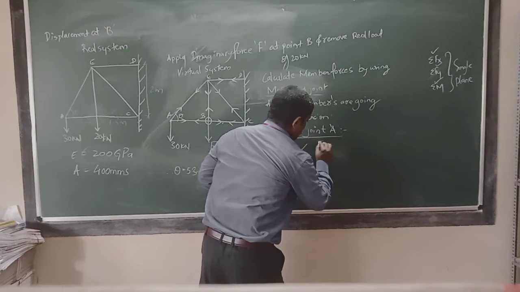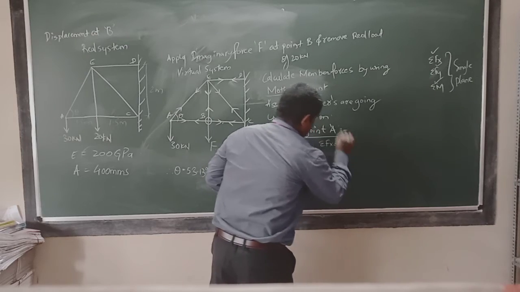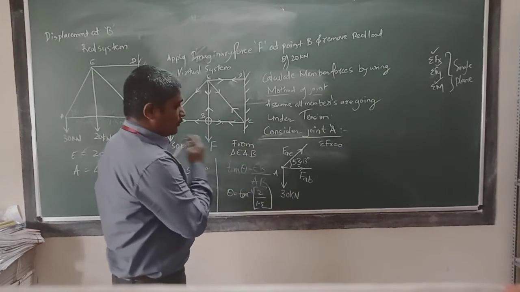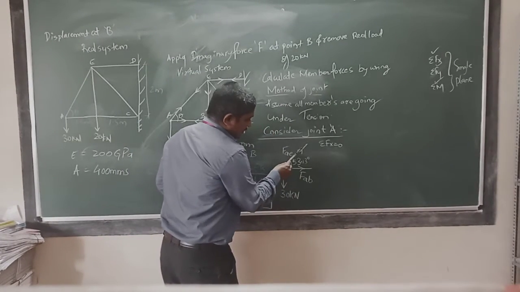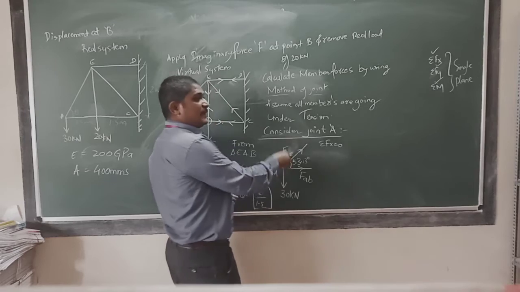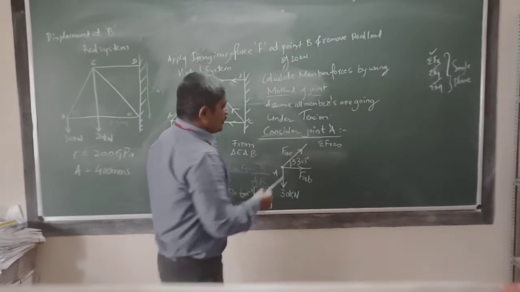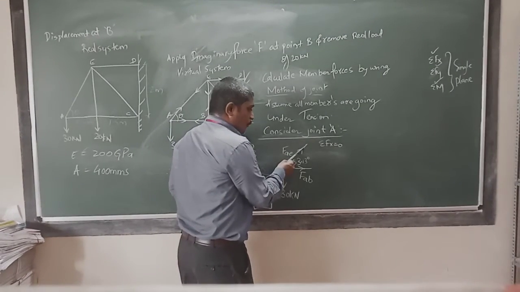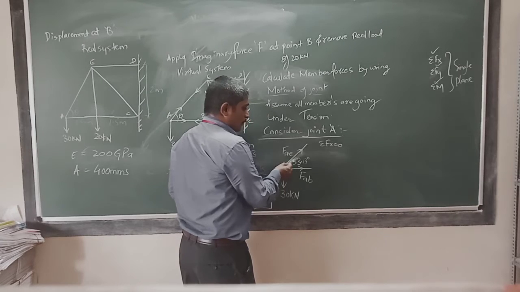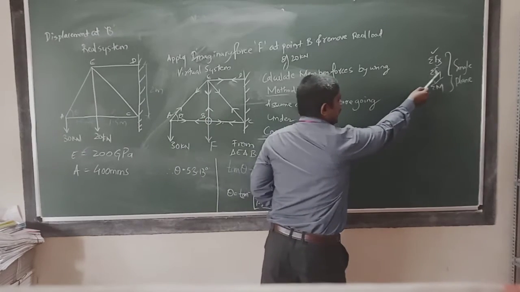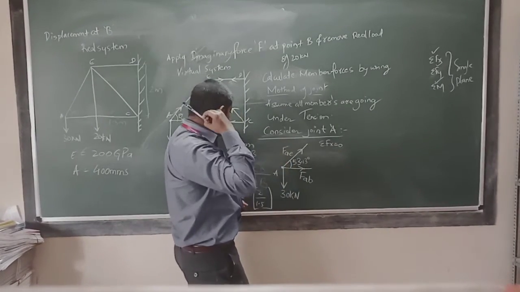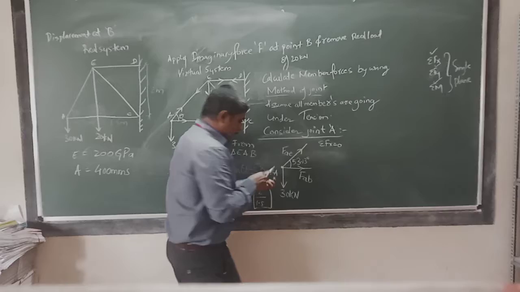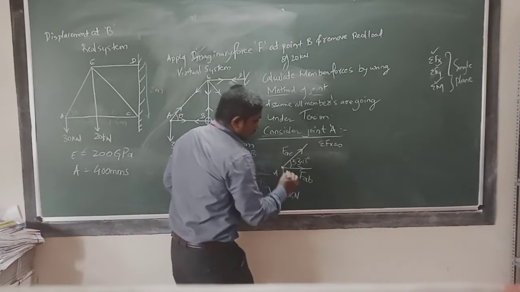Now let us apply summation of Fx is equal to 0. So all the forces we are resolving to 0, okay, horizontal forces. Now see, this is an inclined force. As I told you, keeping it inclined we cannot analyze. We have to resolve this force once by vertical, once by horizontal. Vertical will be added in your Fy, horizontal will be added in your Fx. Again, to consider Fx and Fy, now see, now this force I will take.